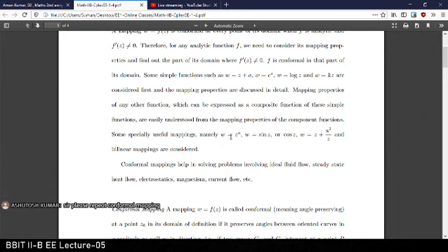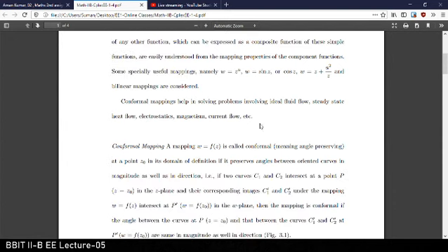So w equal to z to the power n, where n is some integer, is a conformal mapping. You can check it, w equal to sin z or w equal to cos z or w equal to z plus k squared by z, meaning some positive number by z, is also a conformal mapping, right? With conformal mapping, you have some